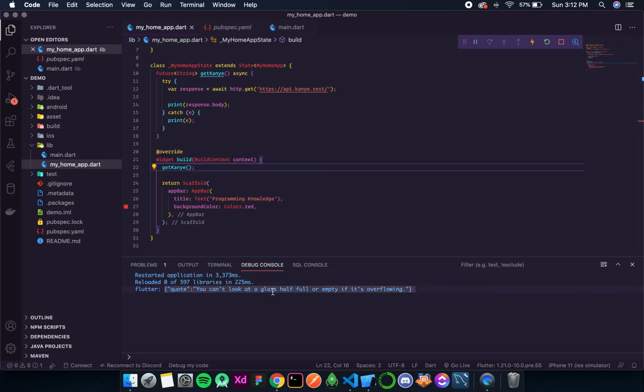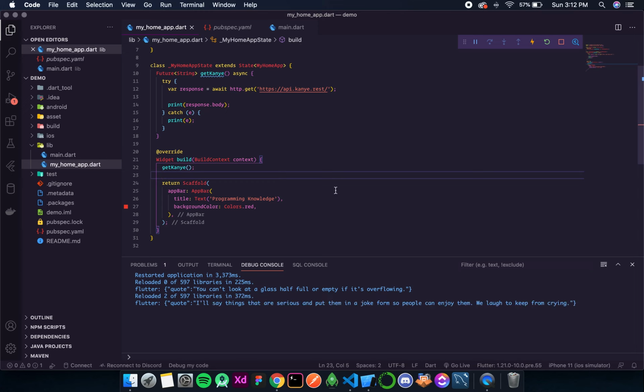Quote: you took, you can't look at a glass half full or empty if it's overflowing. Now if I save it again, that means I will do a refresh. Since on the refresh the build method is executed again, this get Kanye method will be called again, and we get a response.